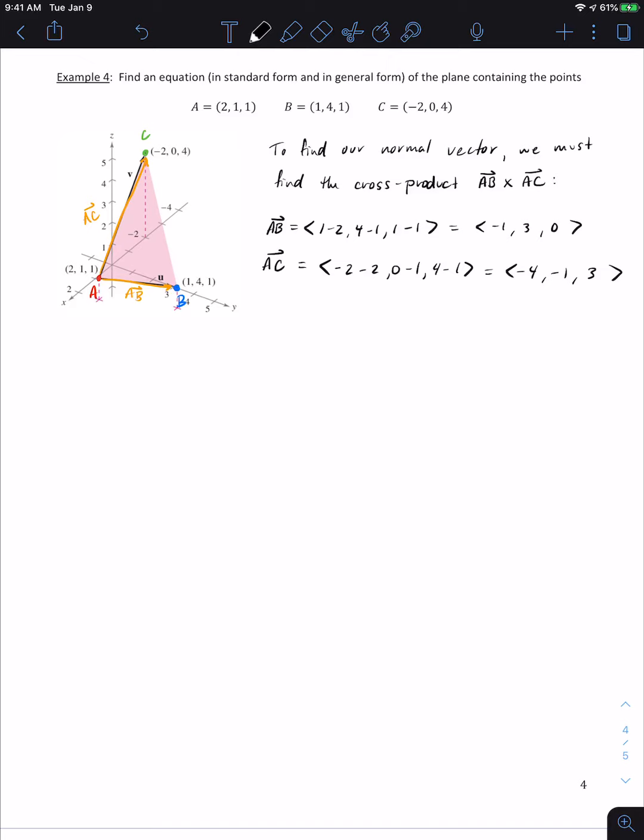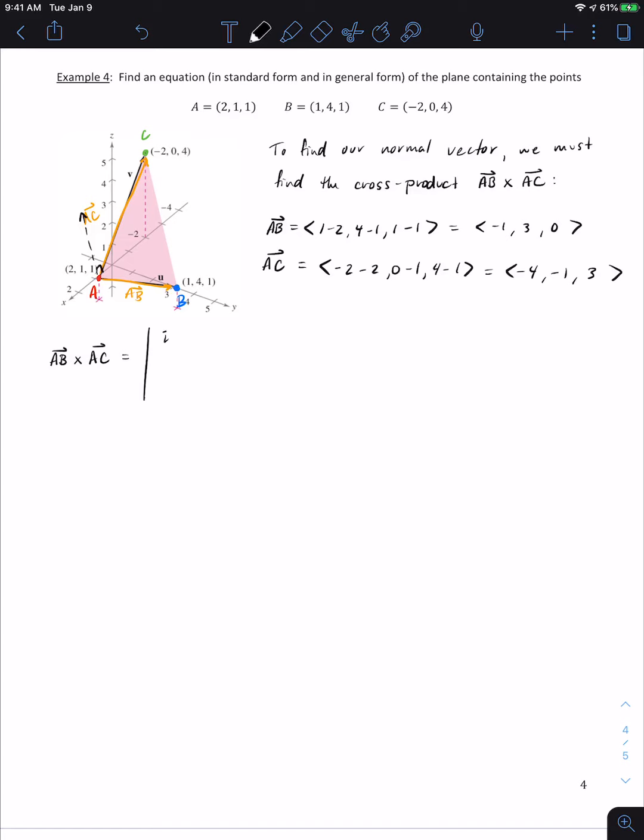So those are my two vectors that I created from these 3 points, and now I'm going to take their cross product to get that vector that looks maybe something, if I tried to draw it here, maybe like this, and it points straight out from these two at a right angle, right? So that's kind of the idea here. So I'm going to take AB cross with AC,